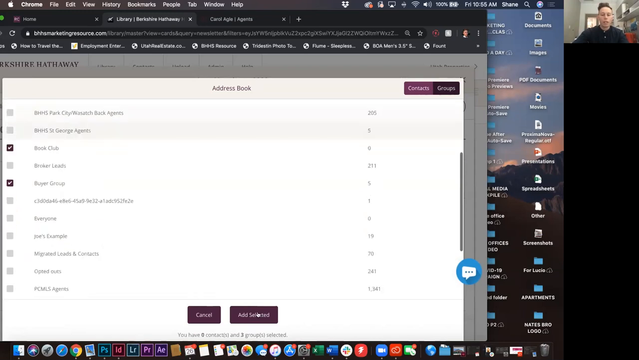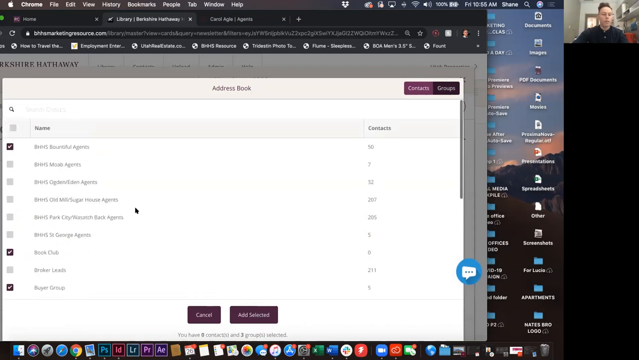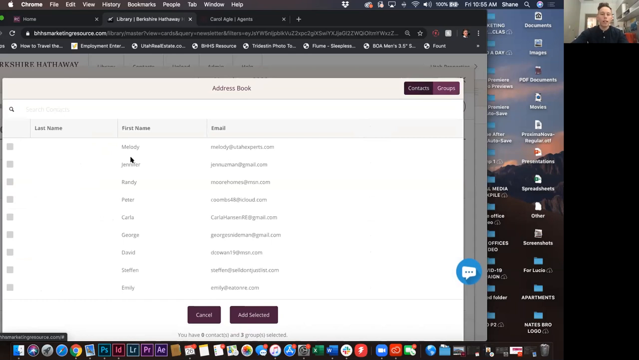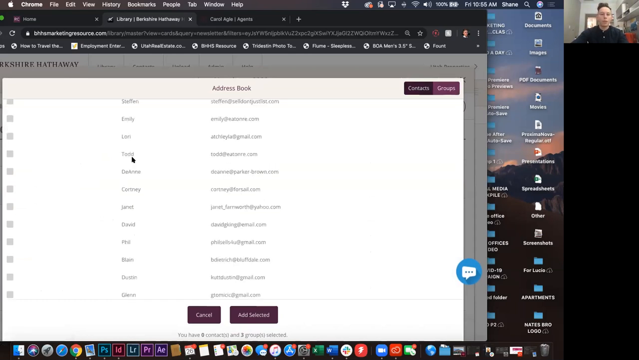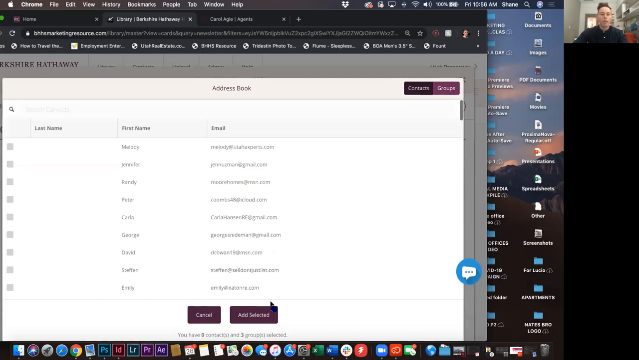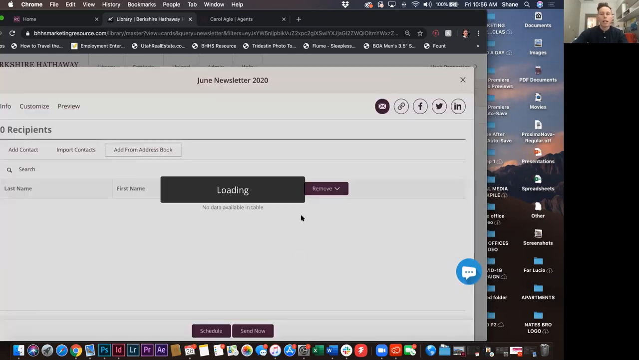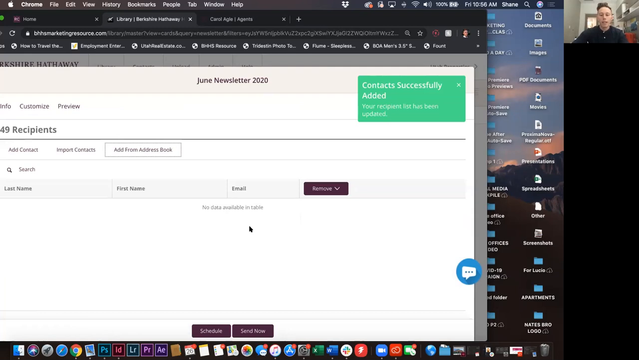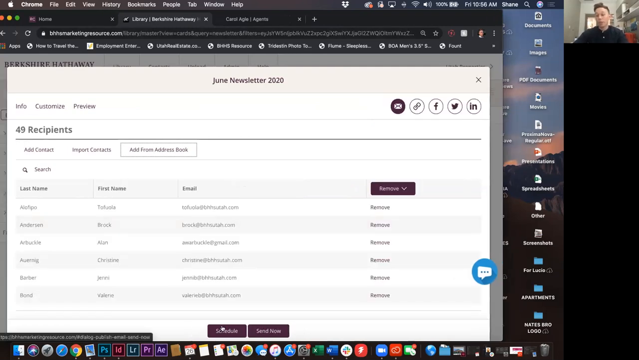And then I would click add selected once you've chosen who you want to send it to. And I should note that you can also just go through your individual contacts and maybe select a handful that you haven't sorted yet. And once you're finished with that, click add selected, and you can either click send now or schedule it. Now, depending on when you're working on this newsletter would depend on whether you would click schedule